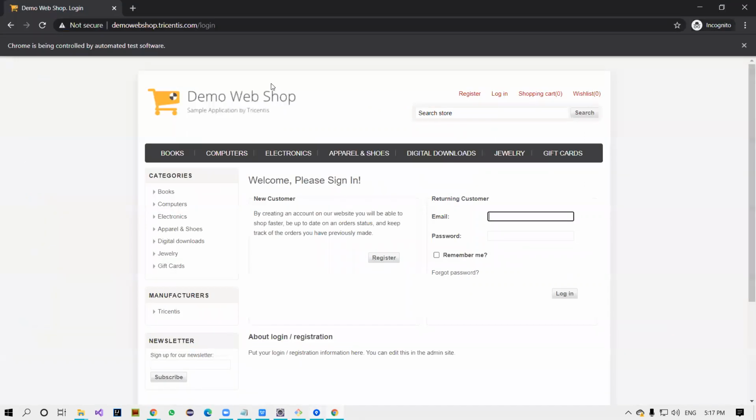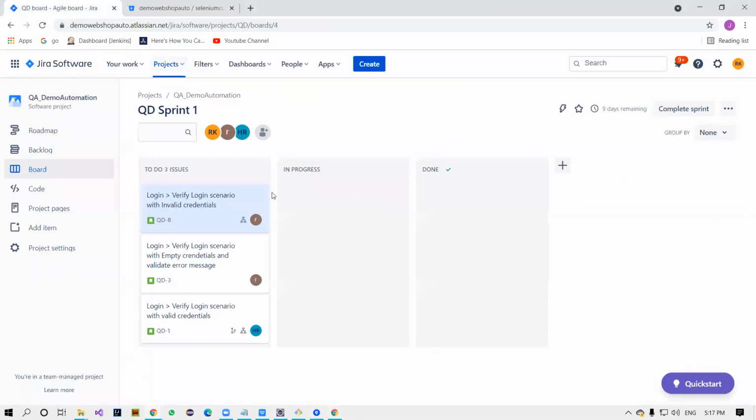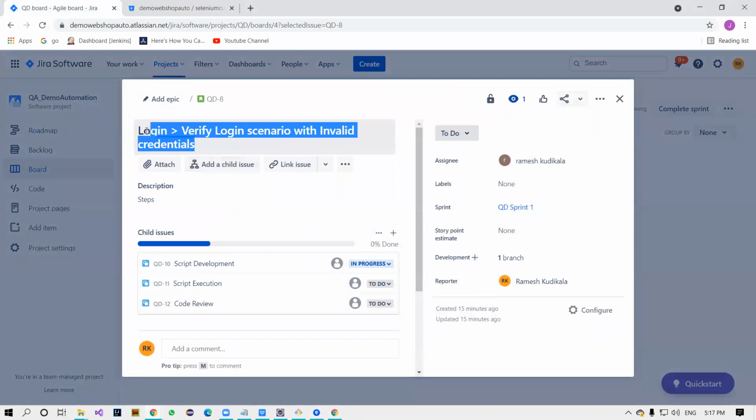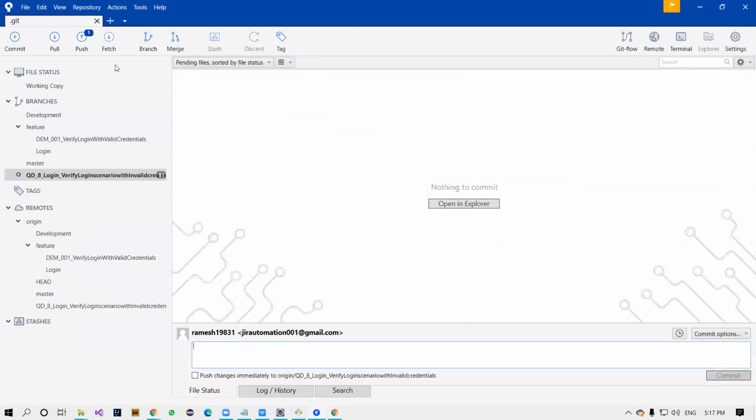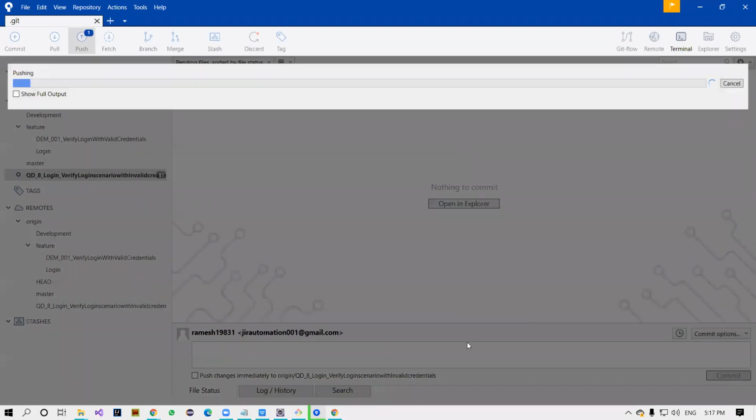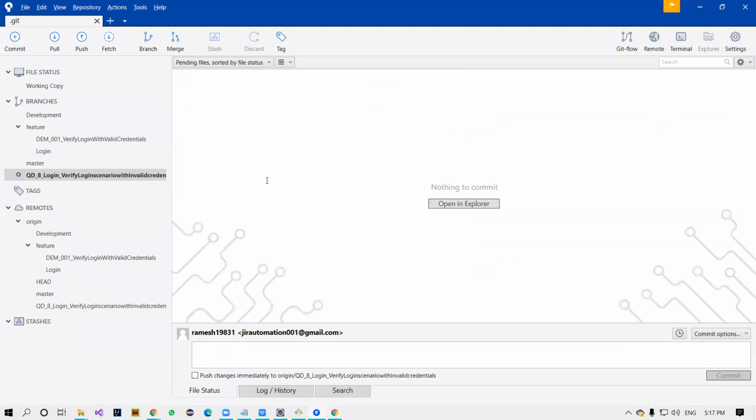Underscore your ticket name exactly. This is the one. Copy this. Paste here. Right. Now commit it. Push it. So now your code will be available in this particular branch.